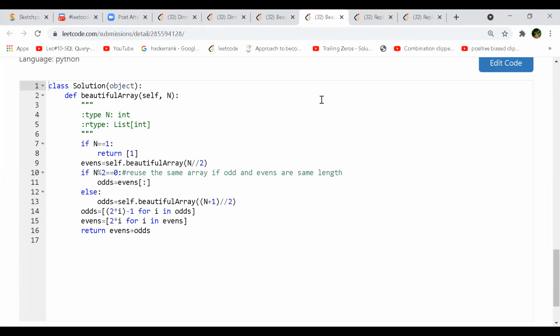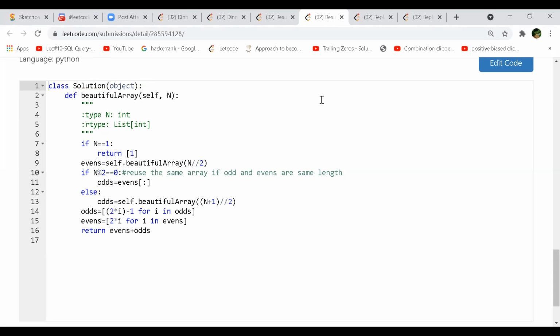I actually did not follow this. We want to try to find a beautiful array which is not meeting this condition, 2 times A[k] equals A[i] plus A[j]. Yeah, so it actually boils down to that. If you separate odd and even, and then you first push all the odds and then the evens, then you don't land into that problem, right?